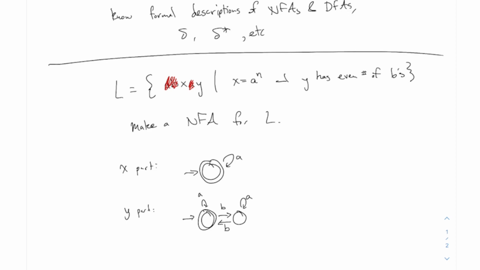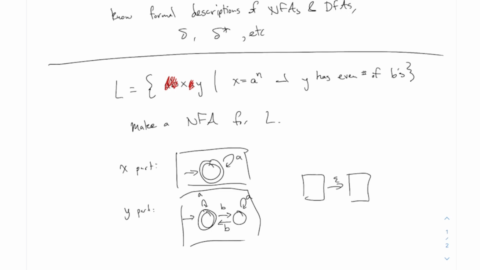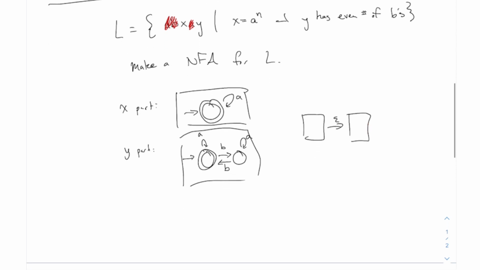All right, anyway, I want to concatenate these two, so I think of these as sort of two boxes, and I'm going to stick them together like this. This is how we do the concatenation. You go from the accepting states of the first box and plug them by an epsilon transition into the accepting states of the second box. So what that would look like is,